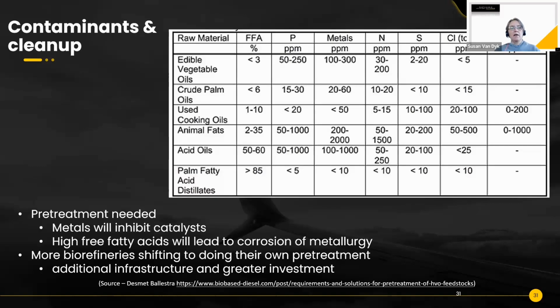If you're interested in contaminants, this company, Desmet Ballestra, published this little article that you can go look at, and they are a company specializing in pre-treatment steps. The data in this article shows you different types of feedstocks. FFA stands for free fatty acids, and you see here animal fats have very high, palm fatty acid distillates have very high, used cooking oils are quite high, edible vegetable oils very low. Then phosphorus, P, and again you can see the difference here. For other metals or total metals, animal fats have incredibly high metal content, and then nitrogen, sulfur,